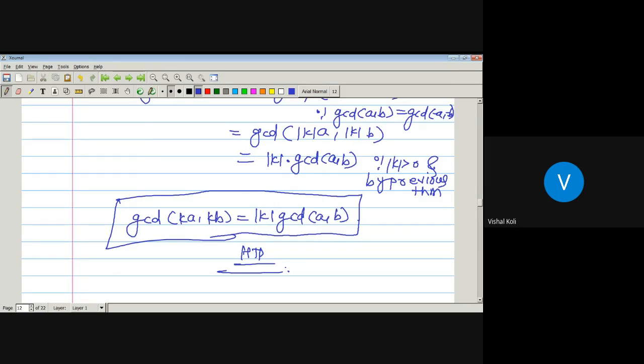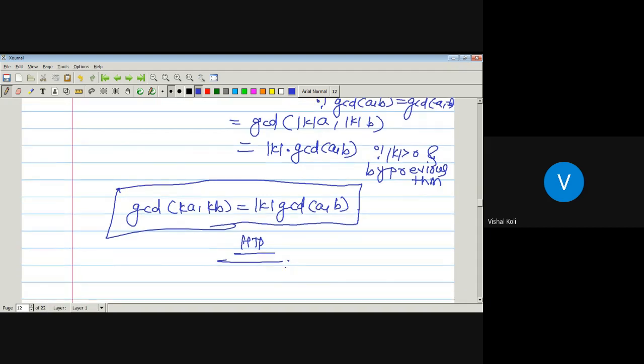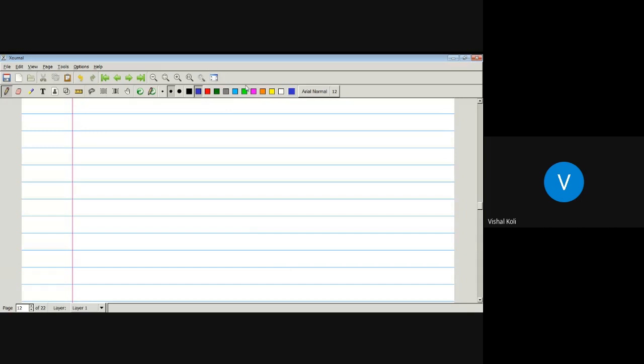Yes, up to now, any doubt? Yes, आतापर्यंत कोणाला काही डाऊट असतील तर विचारू शकता. आहे नाही काहीतरी सांगा. नाही